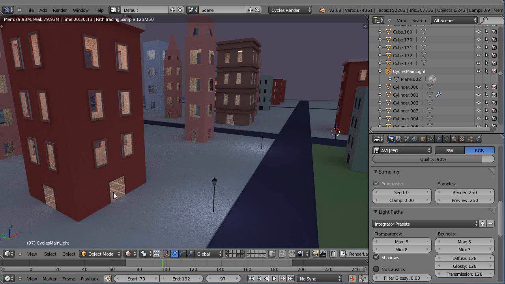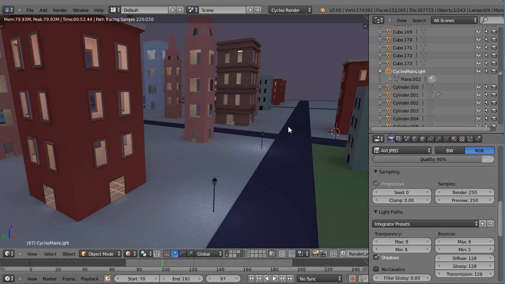Up to 120 samples. So we're approaching 200. So 200 to 250 for me is about the minimum that I need for rendering these kinds of scenes, because